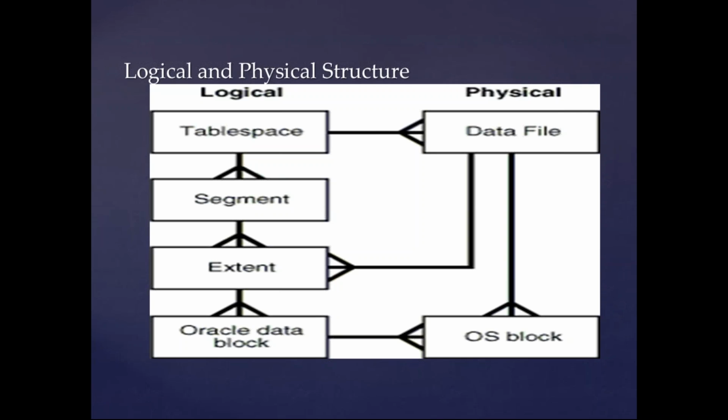So the default size of a database block, I think it is 8 KB, and the default size of an operating system block in Windows or Unix is 2 KB. So just assume it is multiple OS blocks that become one database block. You can change the block size of the database, but it is changed only once, during the creation of the database. When the database is created, you can't make much changes. Maybe if you create one more tablespace, then you can have a different block size. But once things are created, once data is stored in those blocks, you cannot change the size of the blocks. It is very tough or very complex for Oracle to manage changing the size, right?